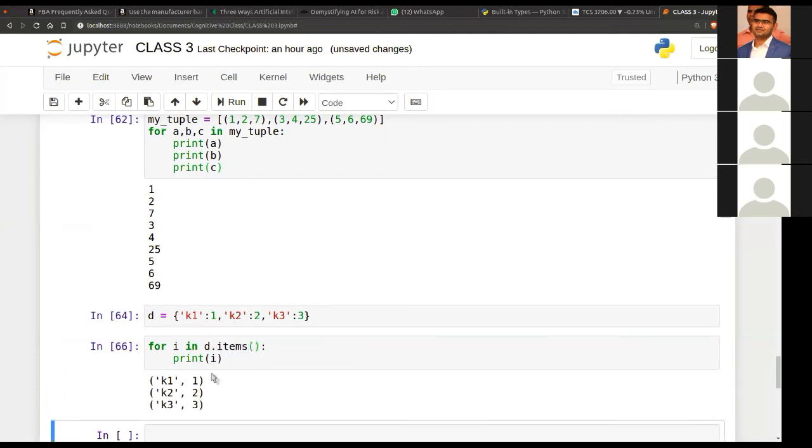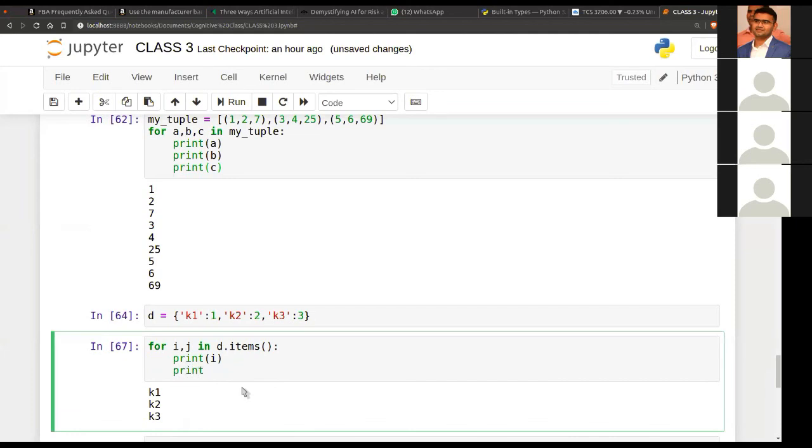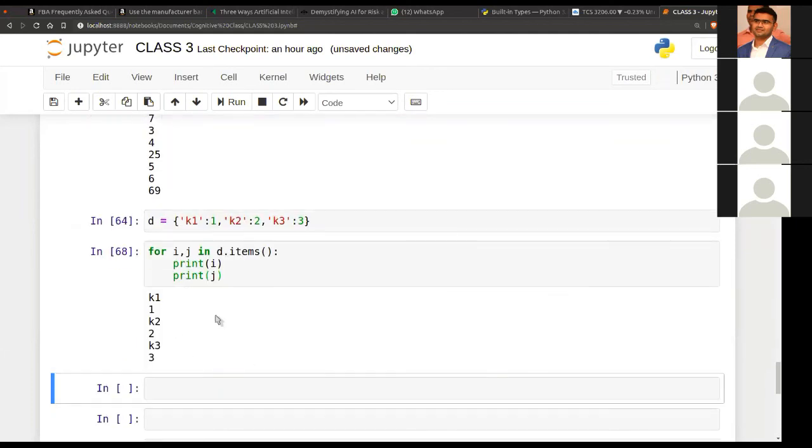If we go through that, we have a tuple of key and value pair, right? We have a key and value here. Similarly, we can do our tuple unpacking over here also. So we have I for key and J for our values. No problem with that.